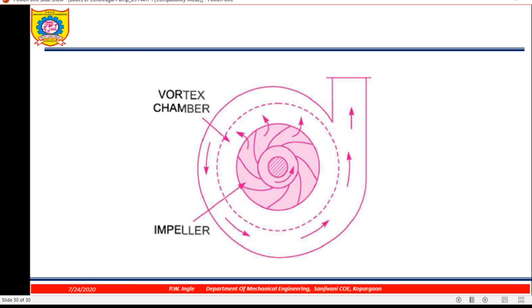And in case of parallel, there will be two separate pumps. So discharge Q1 will be taken from pump 1 and Q2 will be taken from pump 2, and Q equals Q1 plus Q2. So that is the parallel type of arrangement. Again, you can have a classification of single suction, double suction. So this is the classification of centrifugal pump.